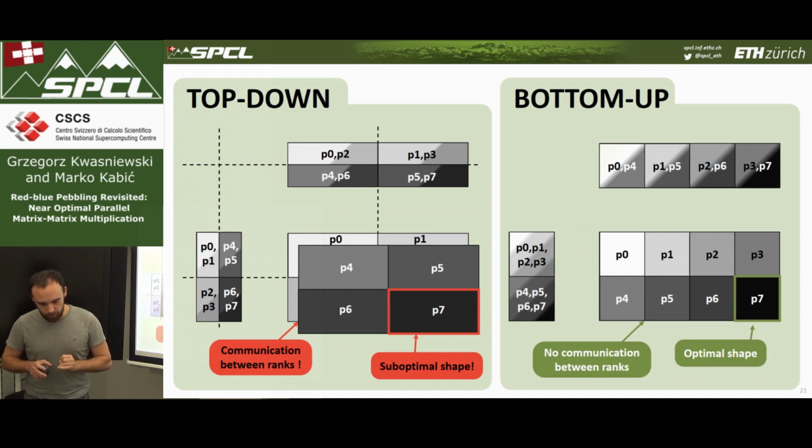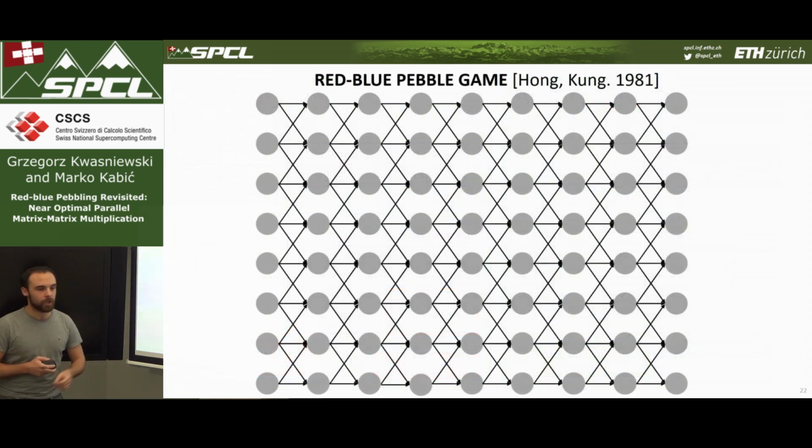Now in this work we really wanted to prove that this is optimal and derive all the constant terms. To do so we need to do a bit of maths. Let's jump to the I/O complexity theory. We'll start with the Red-Blue Pebble game abstraction. This is a pebble game played on a computational DAG. Here every vertex is some intermediate computation, and